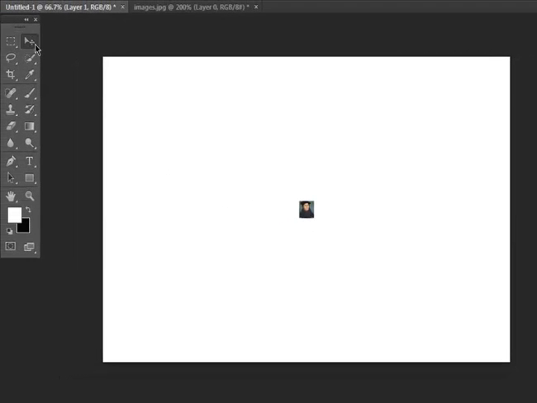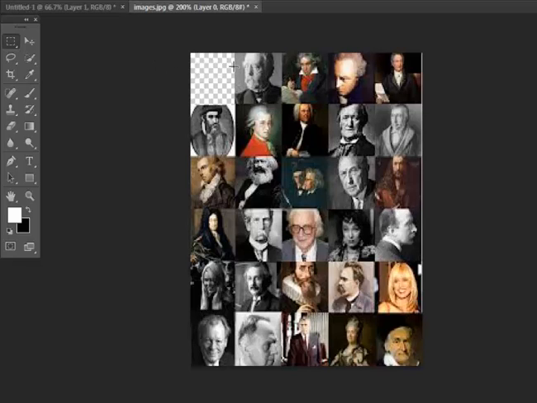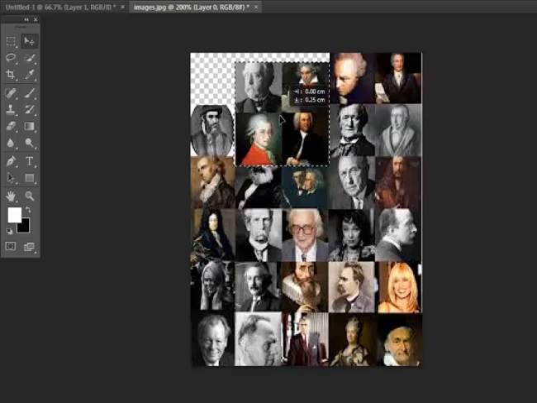And for example, if I want to move these photos, I will select another set of photos and use the move tool. You can just press the letter V on your keyboard for the move tool, and I will move it.